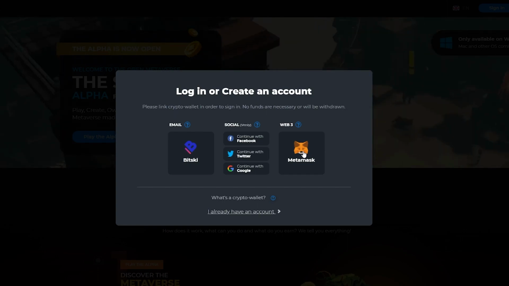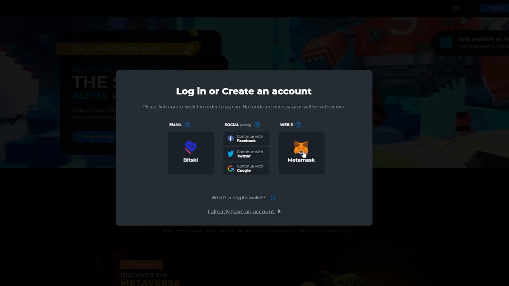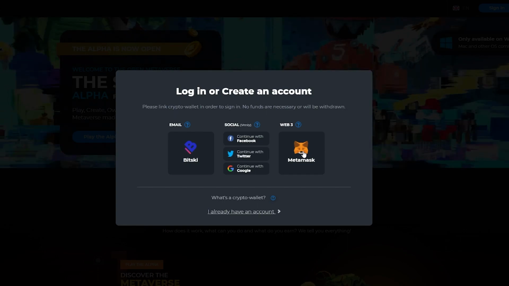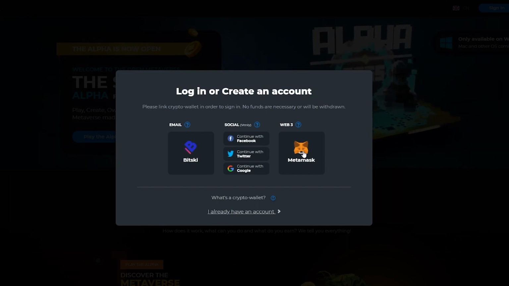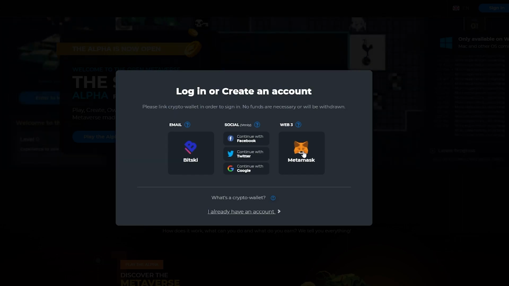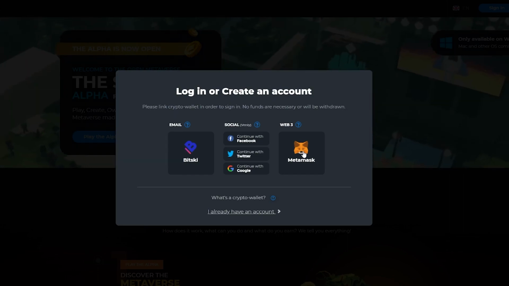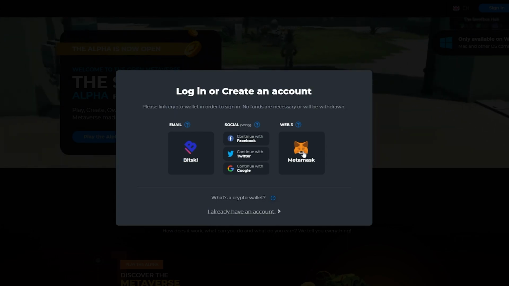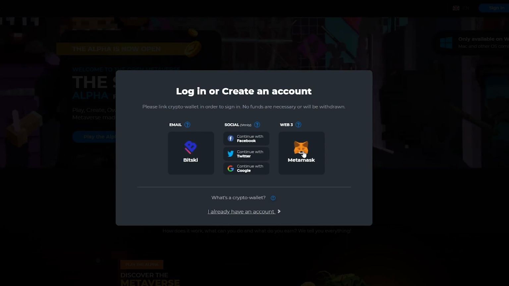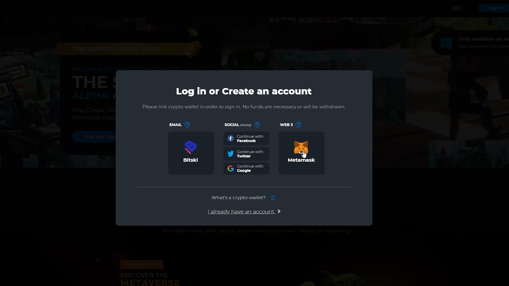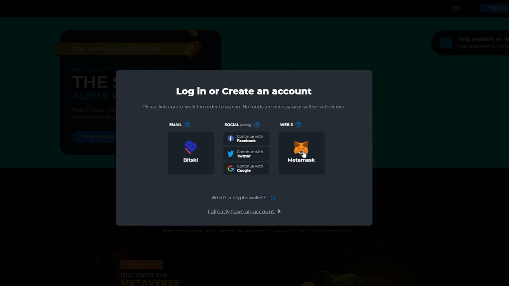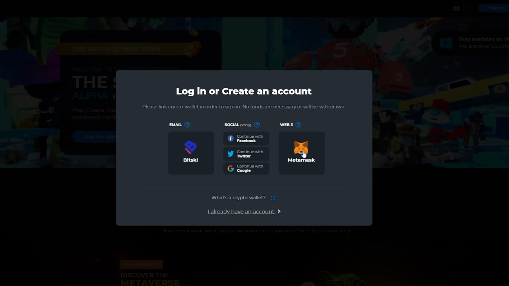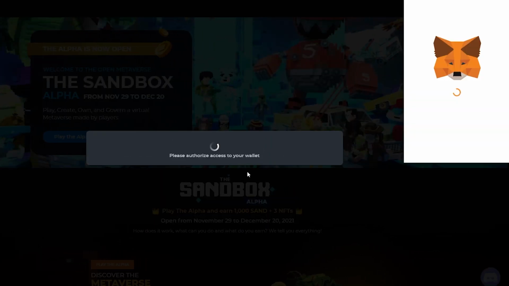Now I would suggest using that one because when you're dealing with a game like this, which is based on a NFT game, and it uses cryptocurrency as its main currency form, then I suggest a cryptocurrency wallet is the best option over here, because you won't have to go back and then create one as well. So by doing this, you'll create your own cryptocurrency wallet, and then you can go ahead and play the game with it as well. So I'm going to go ahead and choose MetaMask,